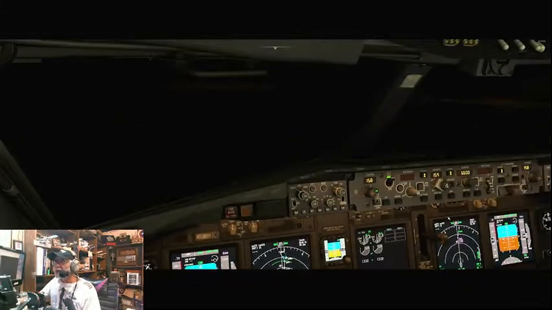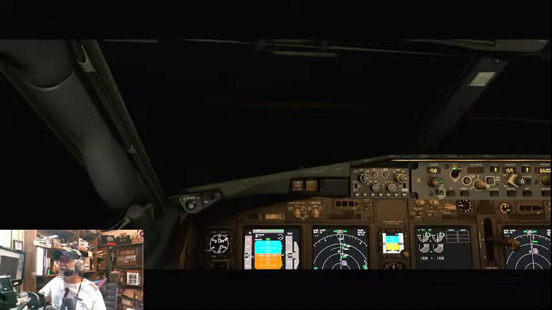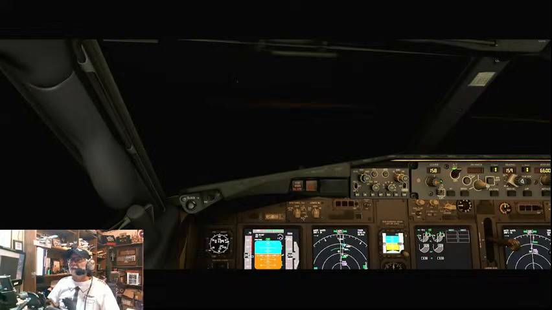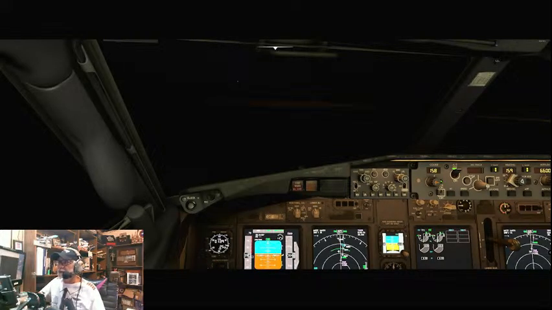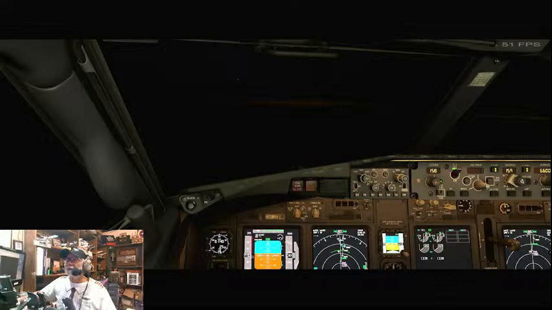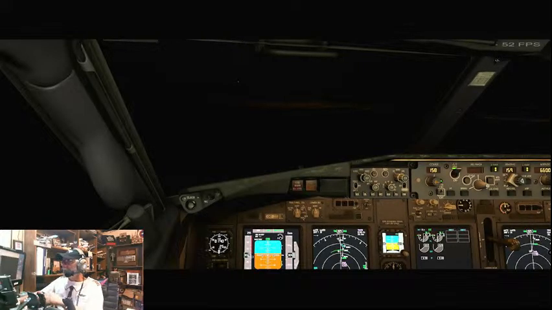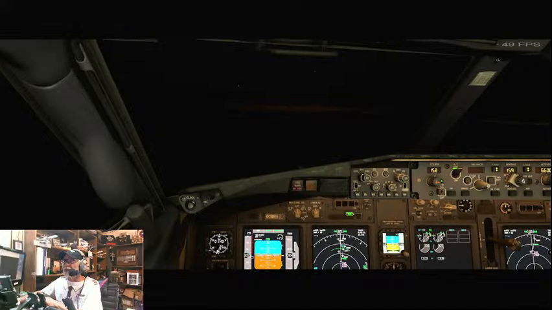The aircraft will correct for that in a little bit. Okay, we're going to have to give ourselves a little speed brake